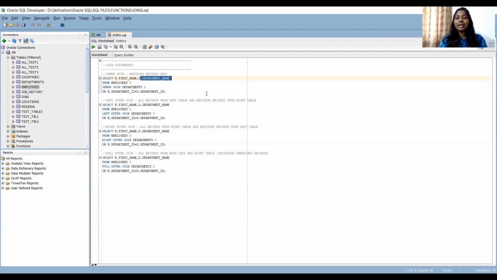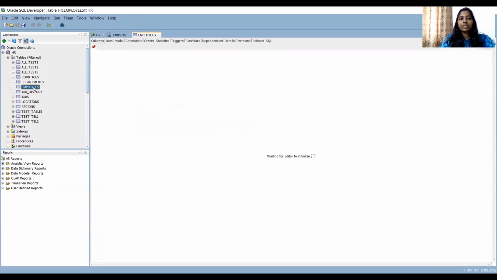The department ID is present in both the employees table and the departments table because for the departments table it is a primary key, and in employees it is a foreign key reference. Using that relationship, we are going to join the tables and get the data we want to see. Let's open the tables now.